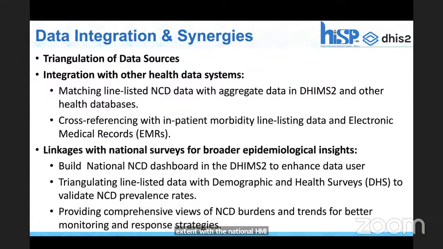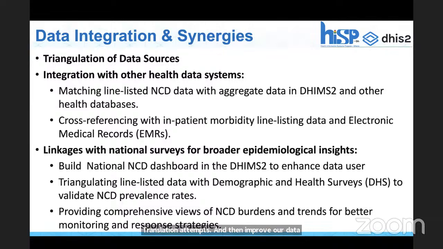And so we think that it is one of the groundbreaking things that we can do, to be able to pull line listed client data into the national HMIS, so that we can begin to match that with what we have on the aggregate data set to be able to initiate triangulation attempts and then improve our data capture